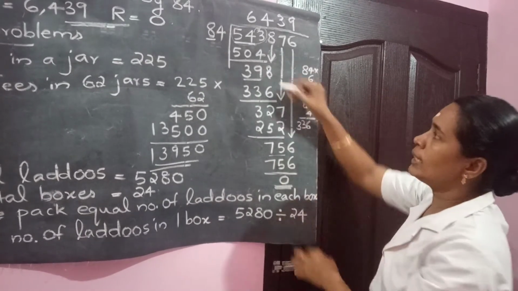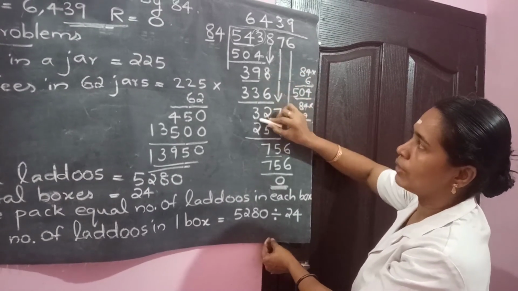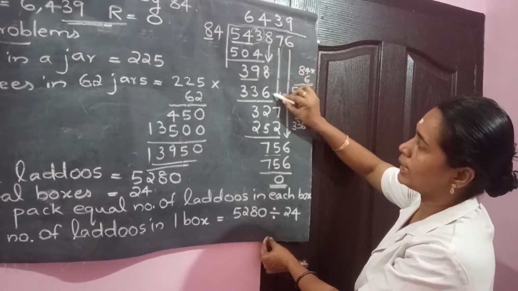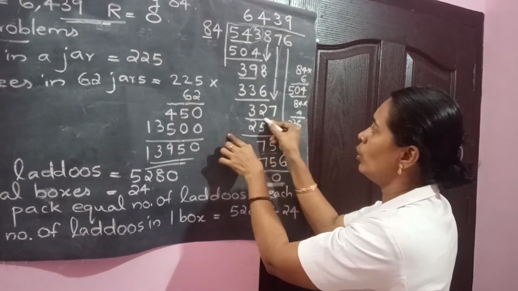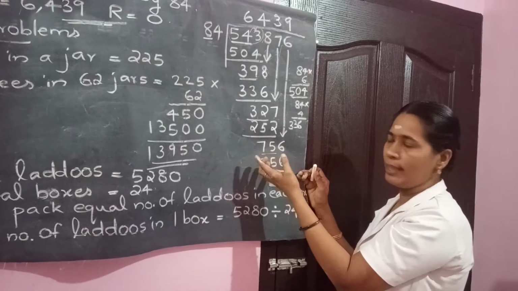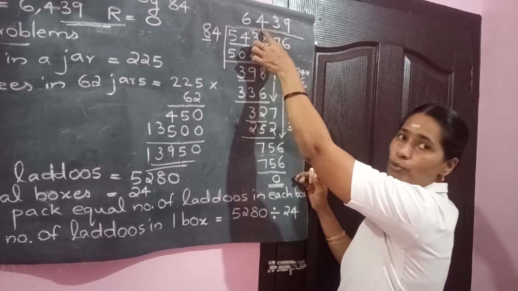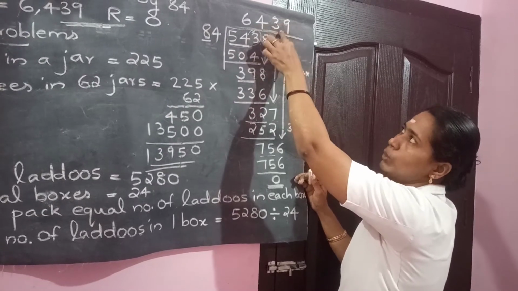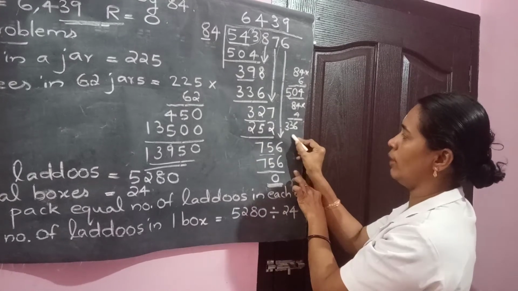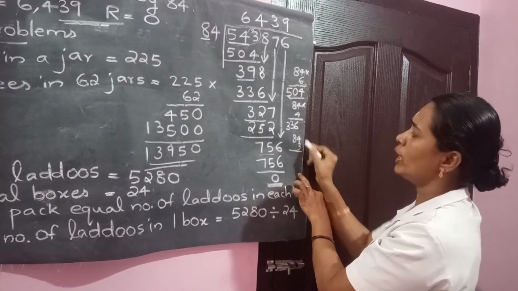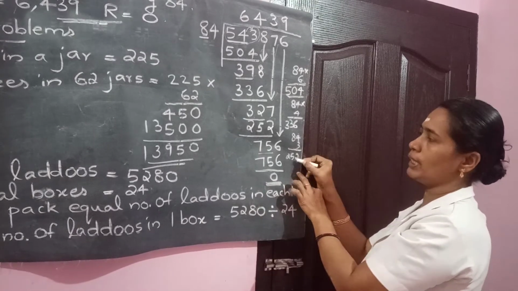Okay. Then subtract again. 8 minus 6 is 2. 9 minus 3 is 3. Then you bring down only 7. So the number we have is 327. Without thinking, directly we can write, because 336 which number is giving to us? 4 is giving to us. So what is the next suitable number to us? 3. So when you multiply 84 into 3, we have 3 4s are 12 and 8 3s are 24 plus 1, 252.